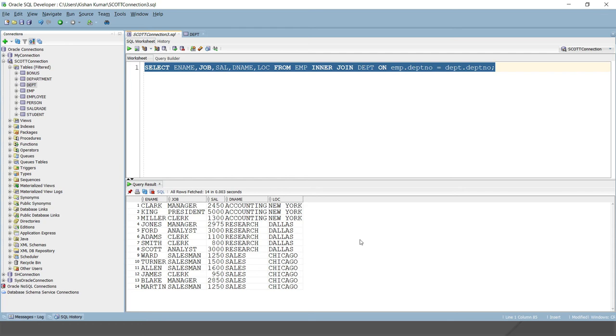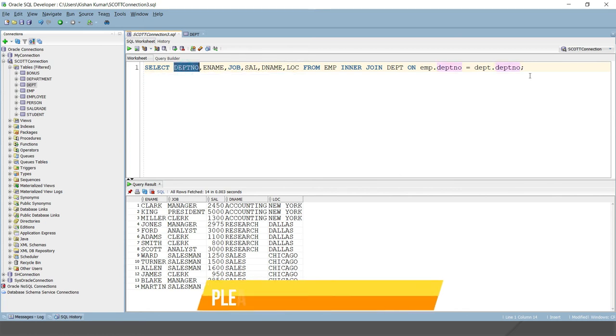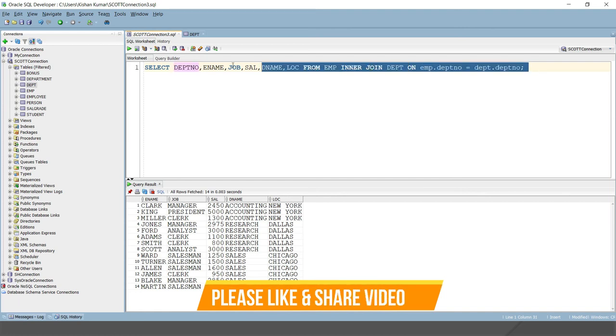We got 14 results. So in both the tables there are 14 records matched based on the department number, and that's how we get the result. But as you know, the name of this column is the same in both tables. So let's say I would like to fetch the department number, DEPTNO. Because this column name is the same in both tables, at this time the Oracle database will get confused and throw an error. Let me show you.